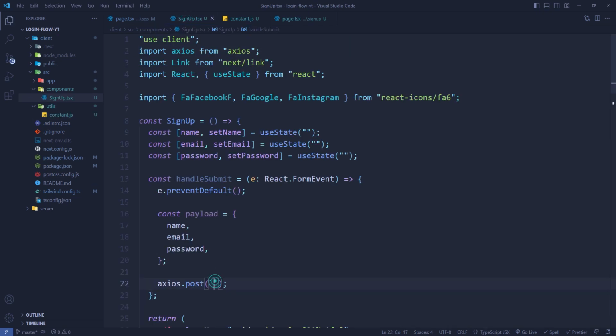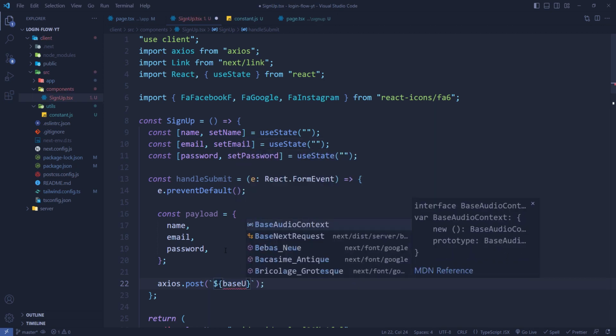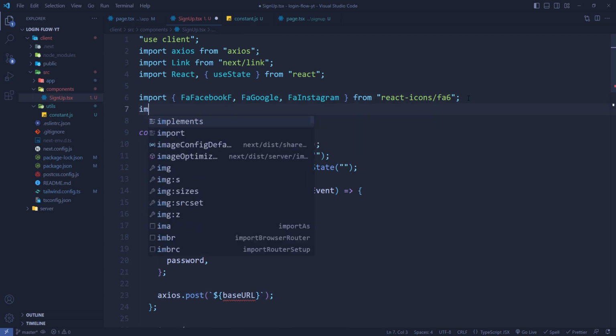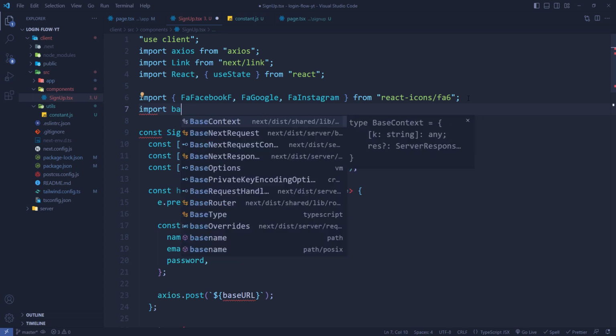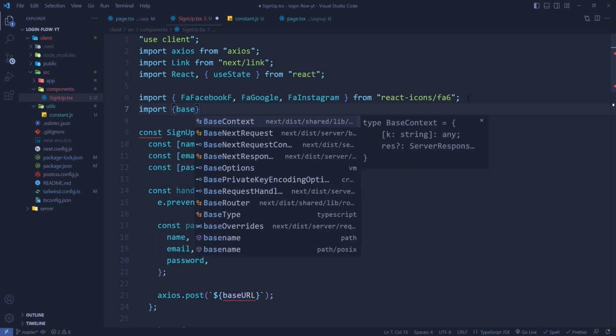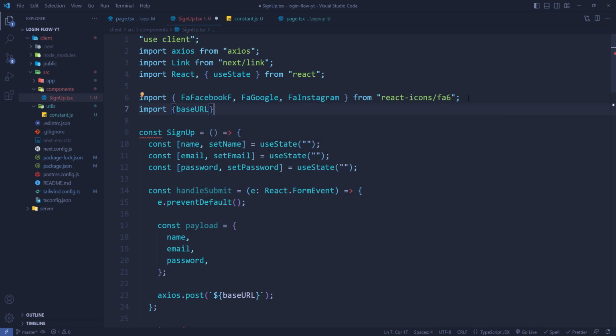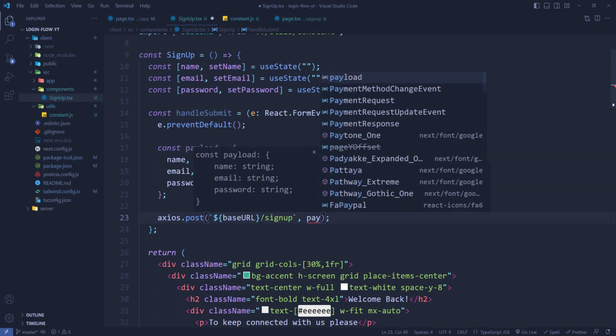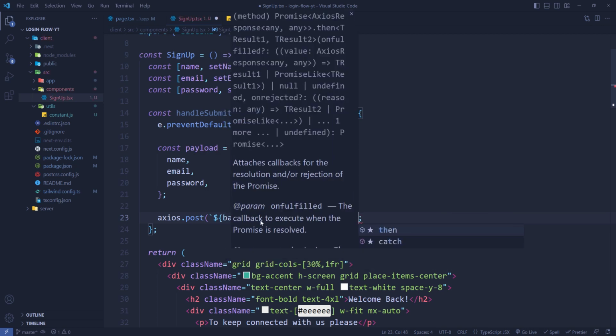So we'll try to import the base URL from this file and see if it is working. It's not working, guys, so we have to manually import the base URL. So I'll try import from /utils/constant. Okay, /signup, then we'll pass our payload, and then we will say dot then